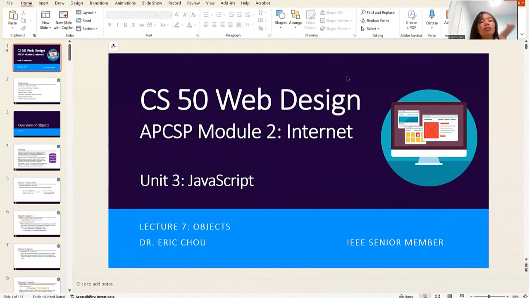Okay, we will get started. Last time we talked about array, and before array, we talked about the program structure, and before the program structure, we talked about the primitive data type. Today we are going to talk about object, and the basic part of the JavaScript language will be finished. But before we get started with object,